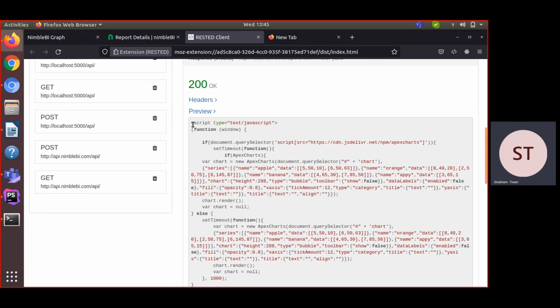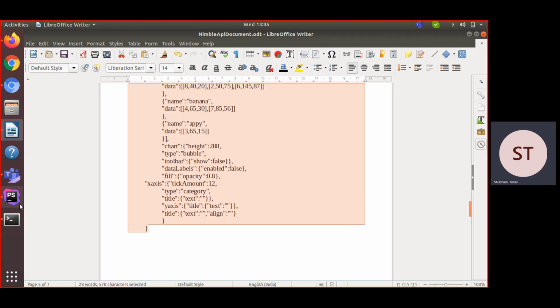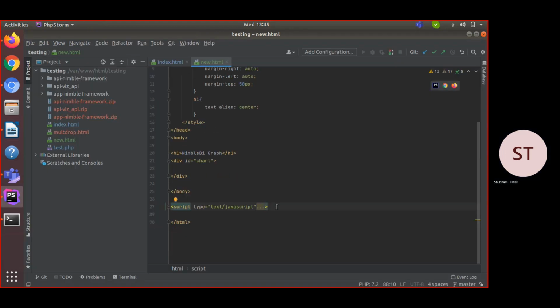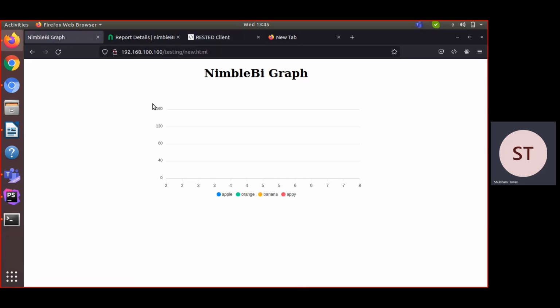Now copy your JavaScript response and paste it in your HTML code page. Now you can see your bubble chart.